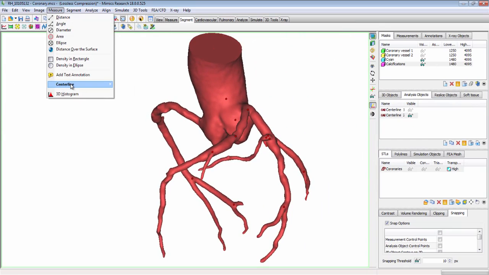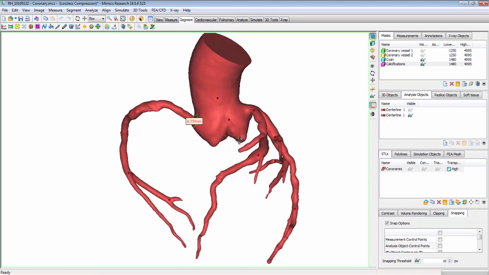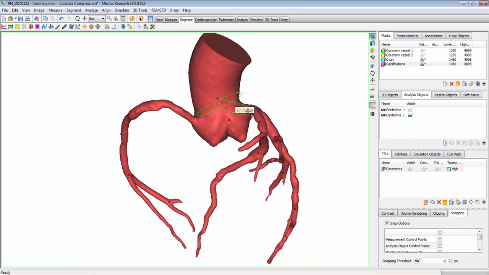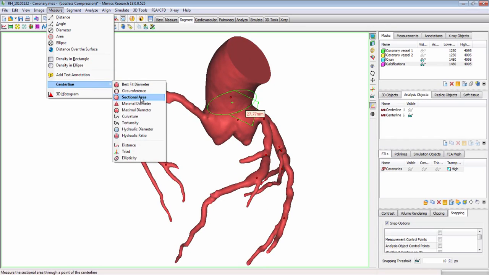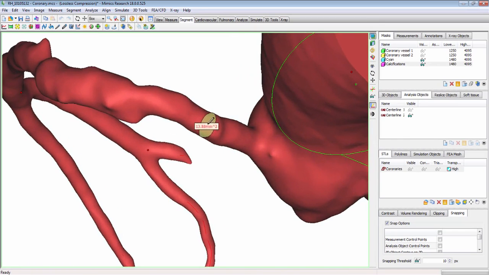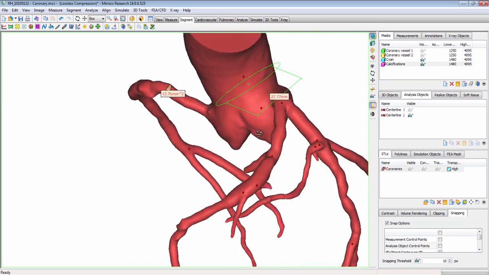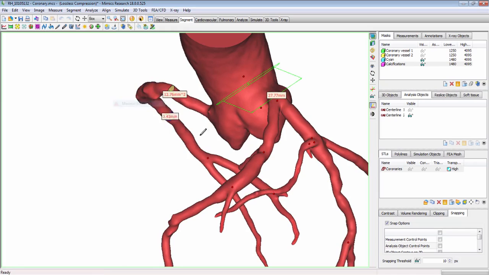We will measure the best fit diameter, which is the diameter of the best fit circle at a control point, the section area, which is the area of the sectional surface normal to the centerline, the minimal diameter, which is the diameter of the inscribing circle at a control point,